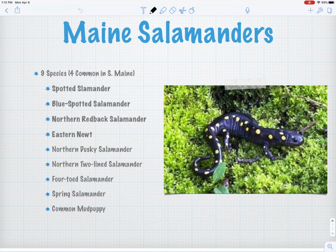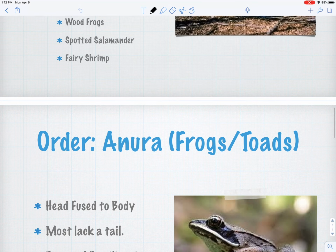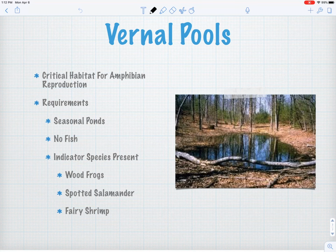Go ahead and get to work on that Maine vernal pool indicator species assignment posted under today's topic. Pick one of those indicator species, whether it be wood frog, spotted salamander, either blue or yellow spotted, or the fairy shrimp. Do a little bit of research and answer those questions, and we'll be